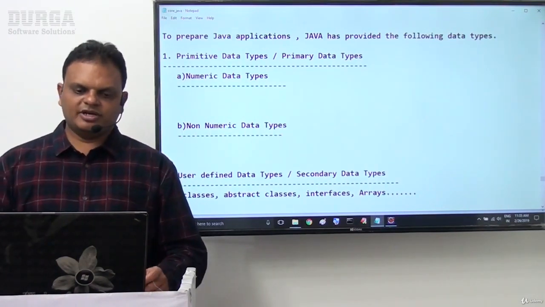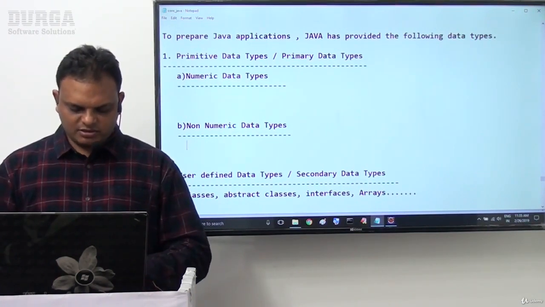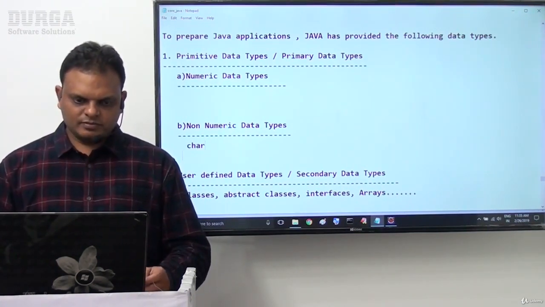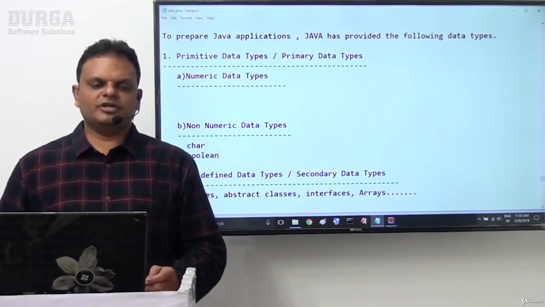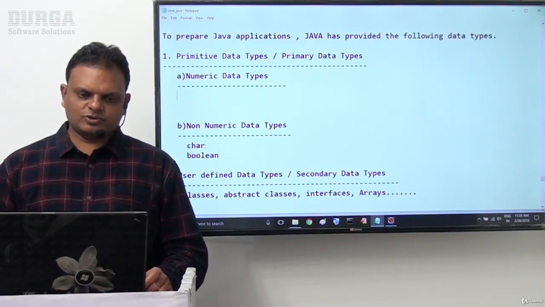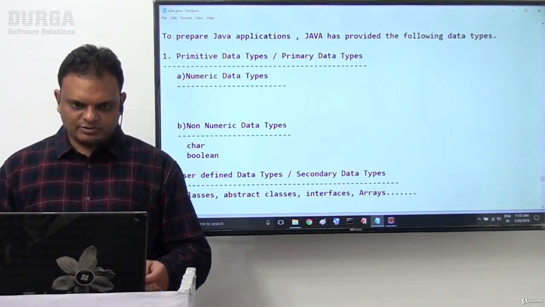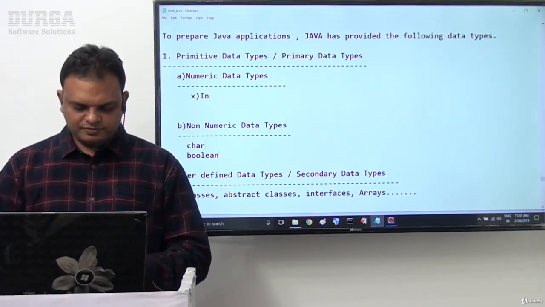Under these non-numeric data types, we can understand char and then boolean come under them. If you come to the numeric data types, under these again two more data types are available.